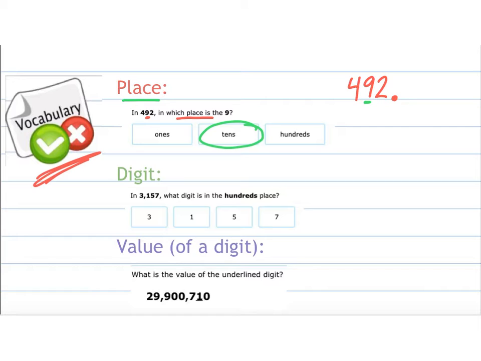So again, very important that we know what the question is asking us. Place, that's the tens place. We'll get to its value later on. So the next digit, in